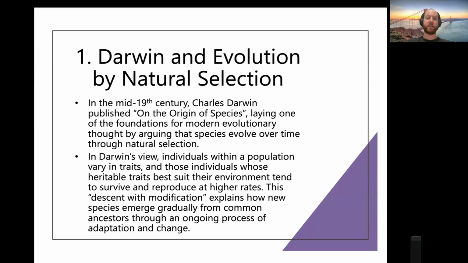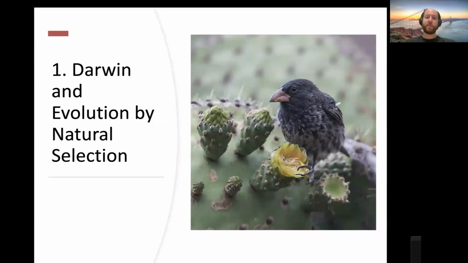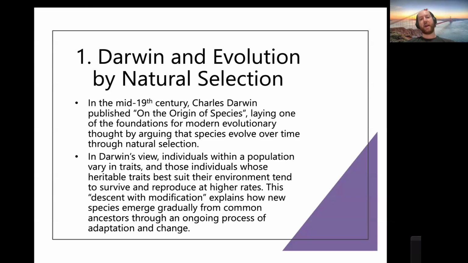And so there are different individuals in a population. They have different traits, and the most successful ones pass the traits on to the next generation. And this is best shown in his analysis of the Galapagos finches. So Darwin, as a young man, managed to get on a voyage of a ship called the Beagle that was going to go around the world.